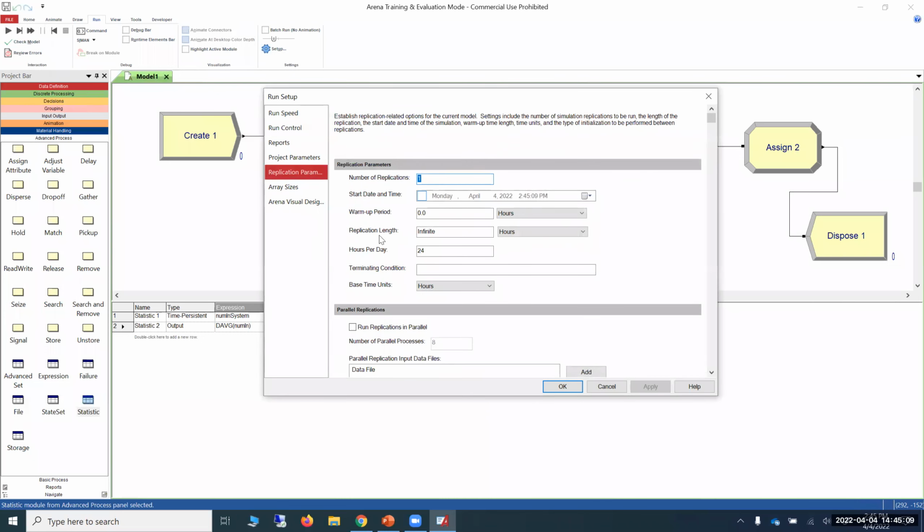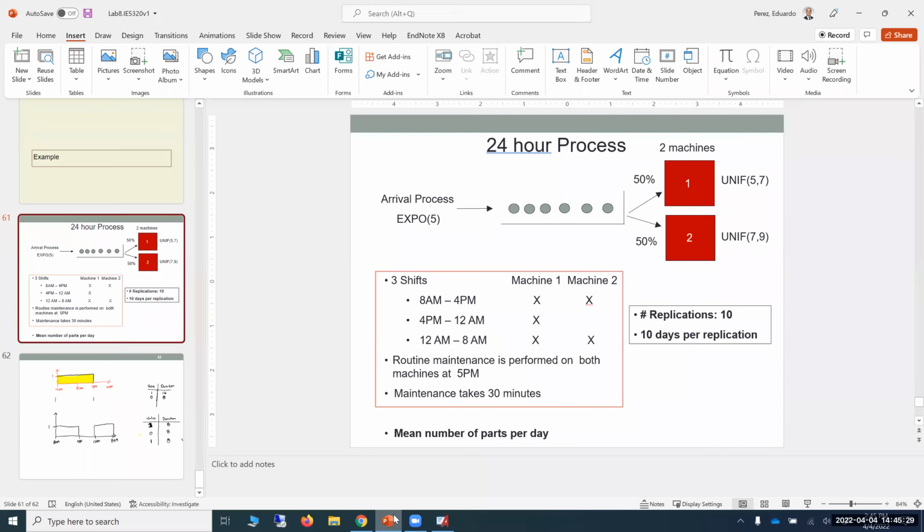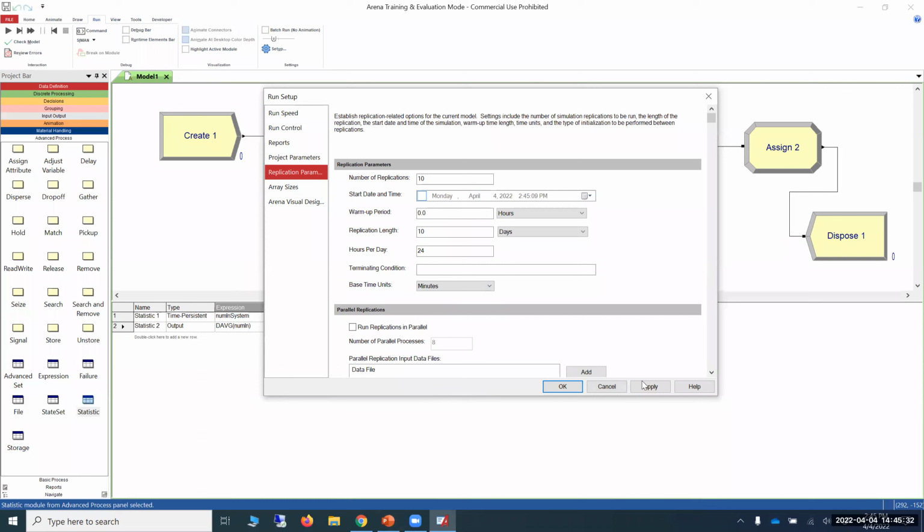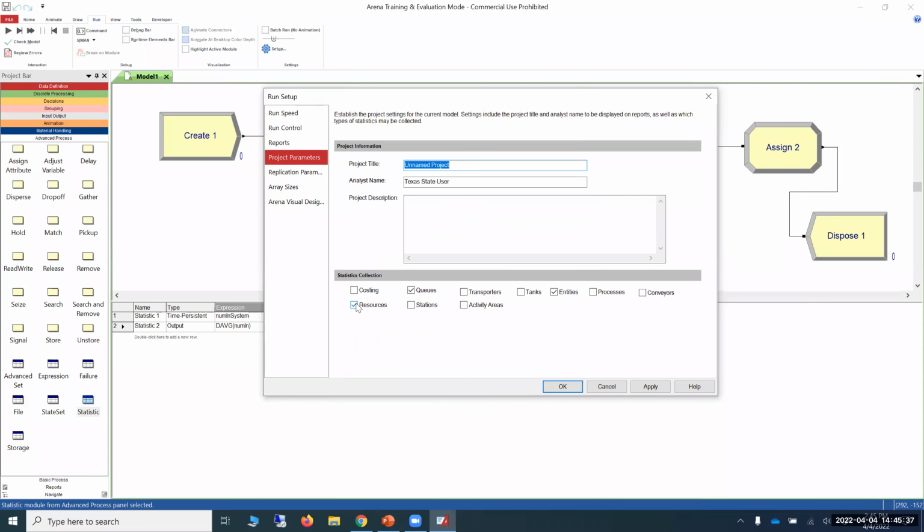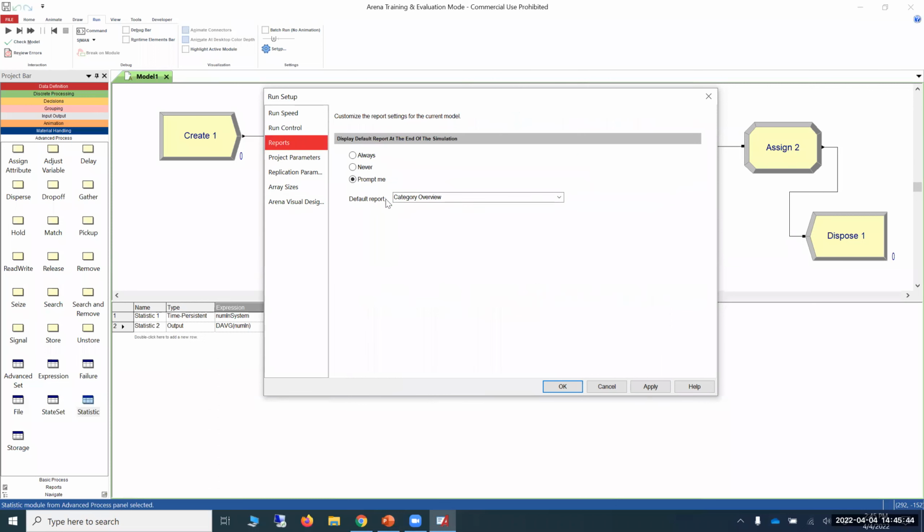So let's do the setup. This is 10 replications, yes, for 10 days. Base time units is minutes. And then the project parameters, I'm going to uncheck all this. And for the report,